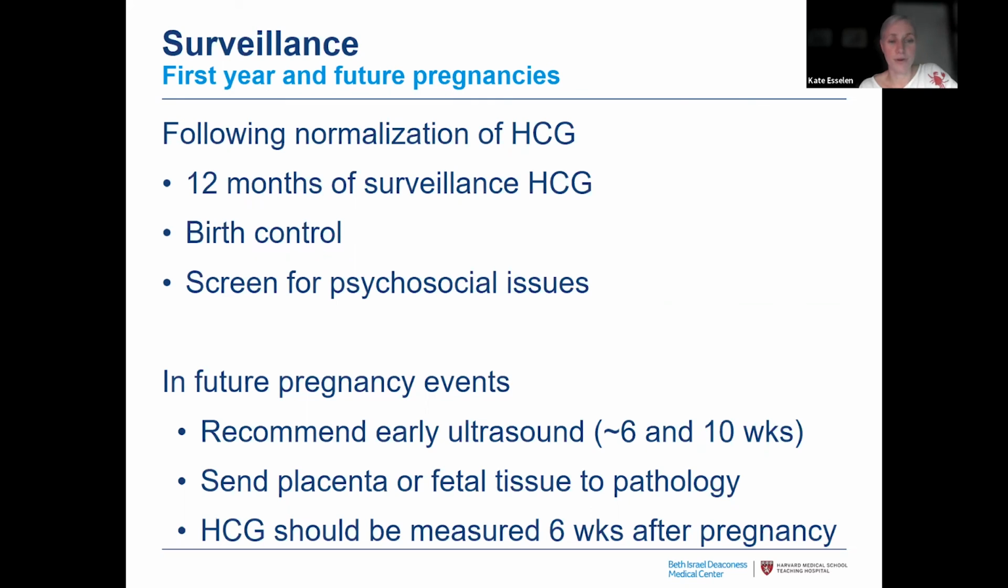Future pregnancy events: all of these patients should be counseled that if you are meeting a patient who has a history of a molar pregnancy or a molar GTN, they need an early ultrasound somewhere between 6 and 10 weeks. They should always have their pregnancy tissue or placenta sent to pathology to look for potential gestational trophoblastic disease. And HCG, no matter what the pregnancy event is, whether a miscarriage, a termination, an ectopic, or even a term delivery, you should remeasure that HCG at 6 weeks after pregnancy, because again, they're at higher risk for repeat